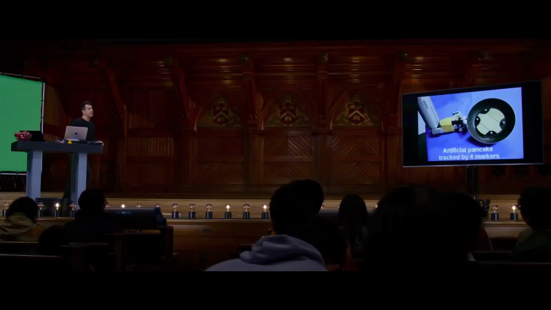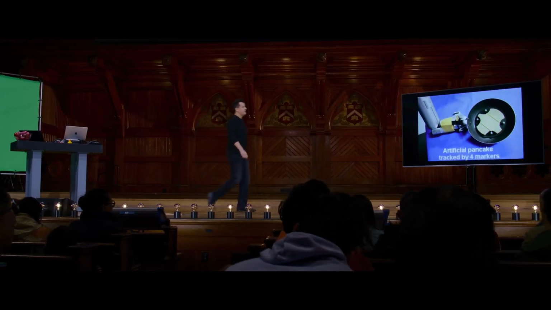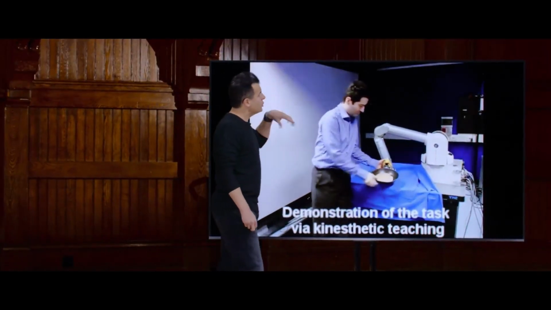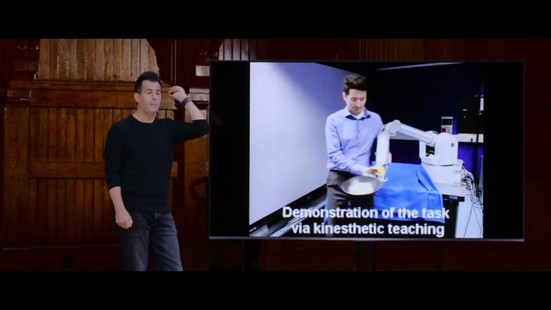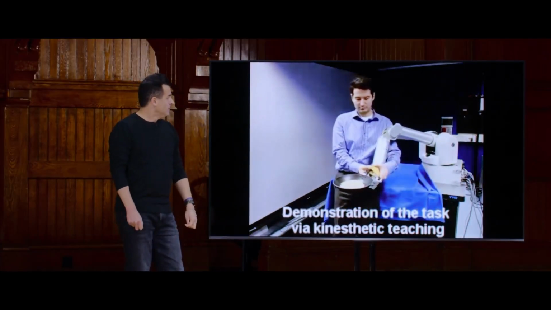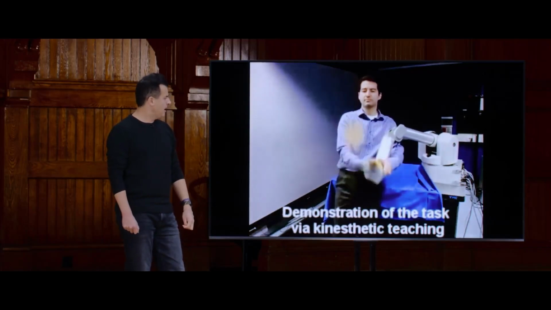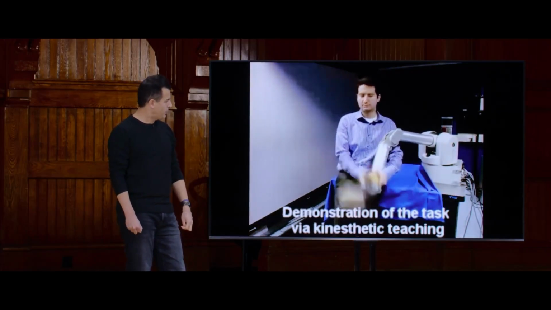So let me go ahead and pull up a short recording here of an actual researcher in a lab who's trying to teach a robot how to flip pancakes. So we'll see here in this video that there's a robot that has an arm that can go up, down, left, right. This, of course, is the human, the researcher. And he's just going to show the robot one or more times how to flip a pancake. And crosses his fingers. And OK, seems to have done it well. Does it again. Not quite the same, but pretty good.